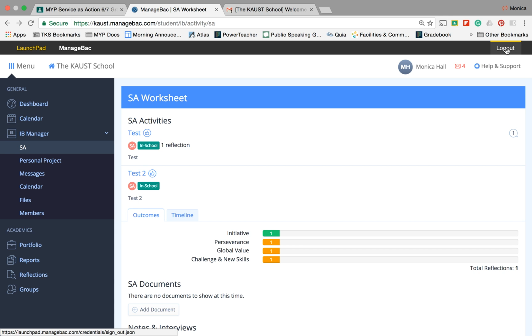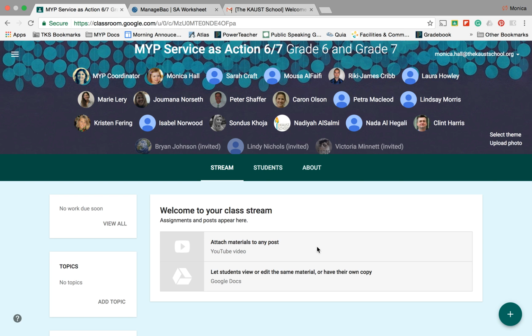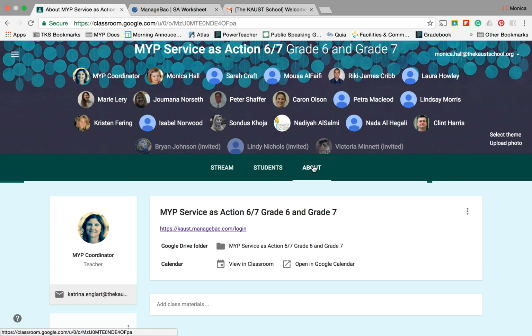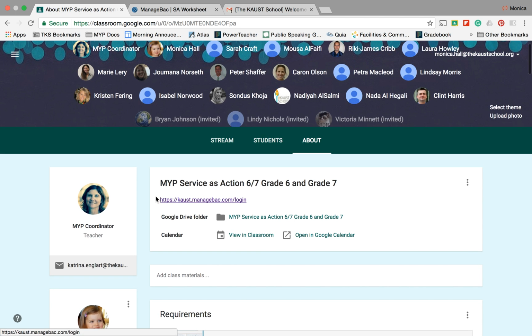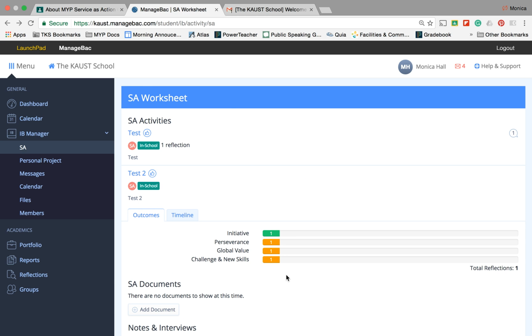You can go onto the ManageBac, the Kaust ManageBac link. This will all be populated on your MYP Services Action classroom that you've all been invited to. On your About section, this is the 6, 7, but there's also an 8 and 9. You have a login with the kaustmanagebac.com. I believe for grade 10, your advisors will give you the link because you have a separate classroom for personal project. So once you click on that link, it will take you to this ManageBac